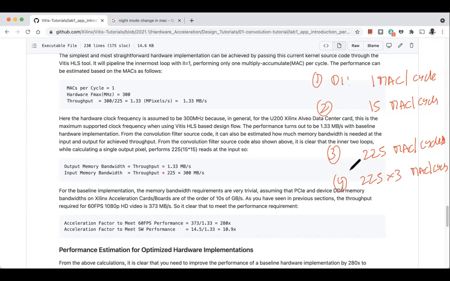But there is a very important catch here. In order for us to be able to perform these 225 multiply and accumulates per second, we need to read 225 input pixels. Let's assume that the filter coefficients are present in the memory.